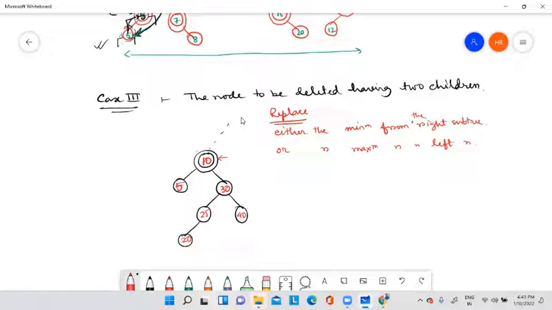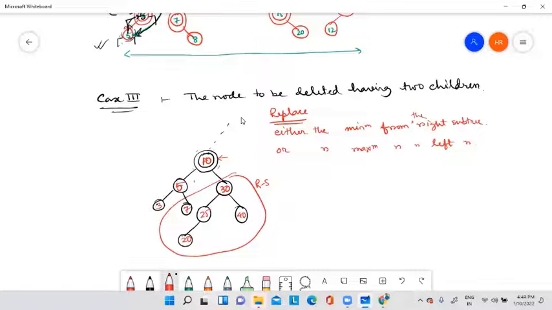so this is the node to be deleted, this is its right subtree, and suppose on this side there are more nodes like this. Suppose on this side there is one element, so this is 7, this is 3.